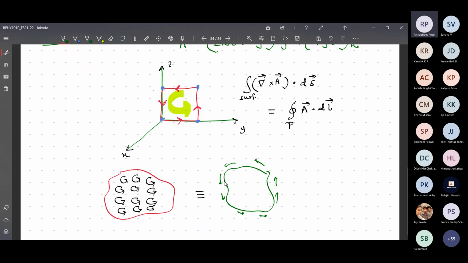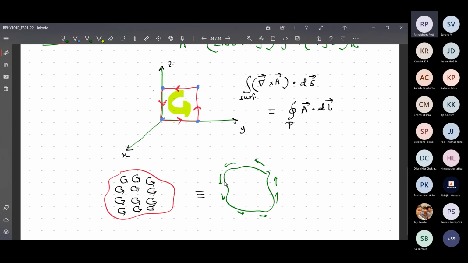Are you getting it in a qualitative manner? Can you say that the collective value of each particle's curl will also be in the boundary, sir? No, not like that. I will take the boundary which encloses the curl. Think of it in this way: the curls are nothing but whirlpools, like whirlpools in a river. I take the surface, which means I take the perimeter which encloses the whirlpool.